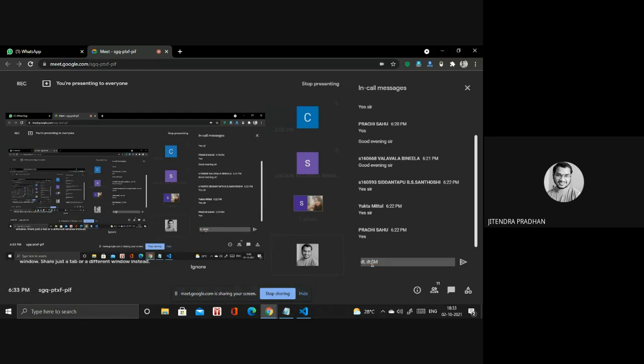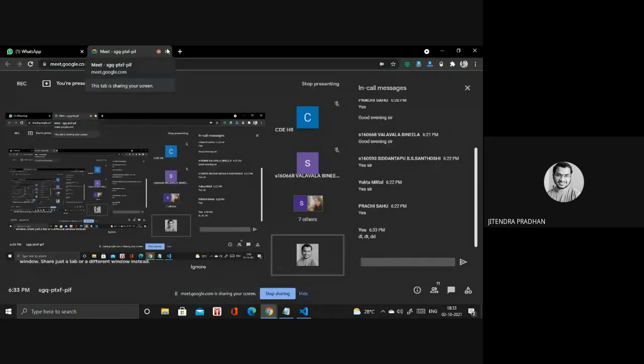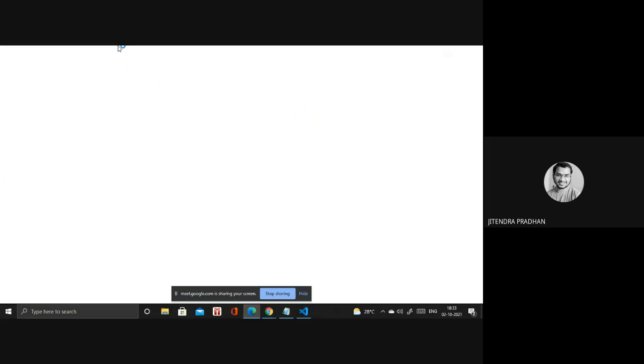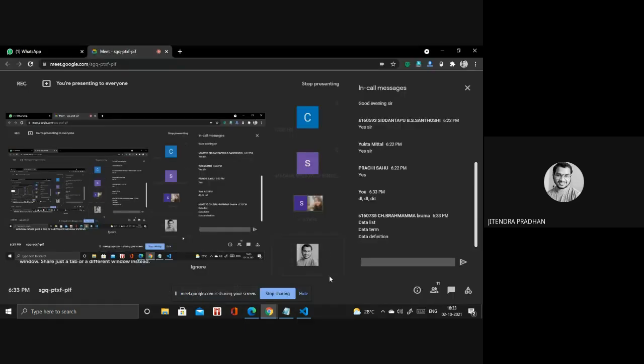So what is that? You have to write it in the chat box. I want to see it. Do you remember the concept or not? Data list, data term, and data definition.